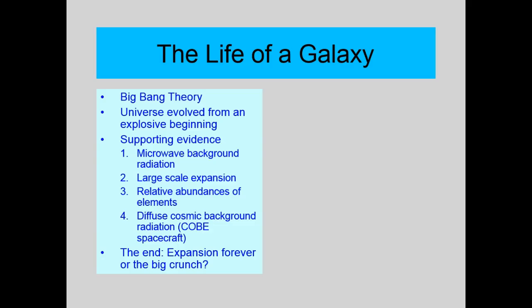Now, the relative abundances of elements. Somehow, I don't see supporting evidence from that, except that just due to fusion alone, iron is as much as you can get. We have tons of elements beyond iron. Now, some of that could come from the supernovas, but not very much. We probably have more of some of those than were accountable that way, so there must have been some enormous bang at the beginning that made all these other elements. Fusion alone would only account for mostly iron and then little bits of the rest of them.